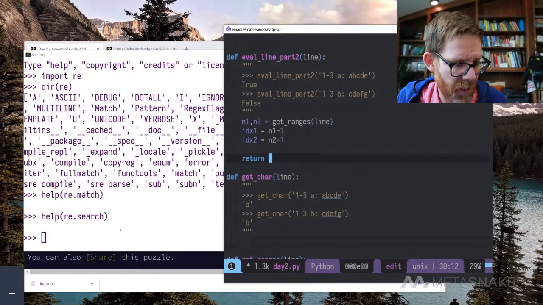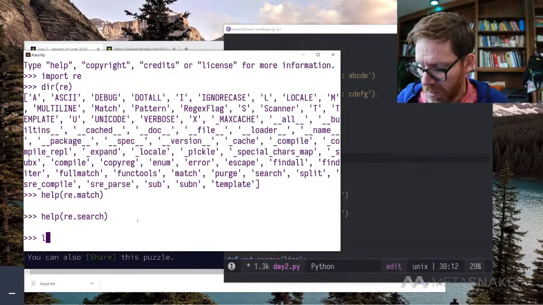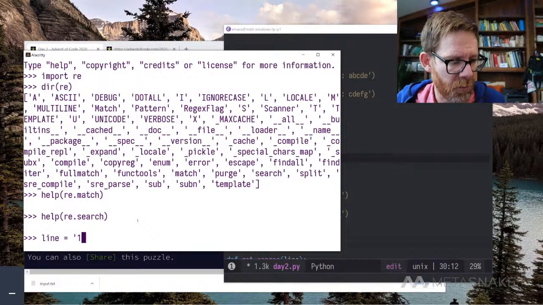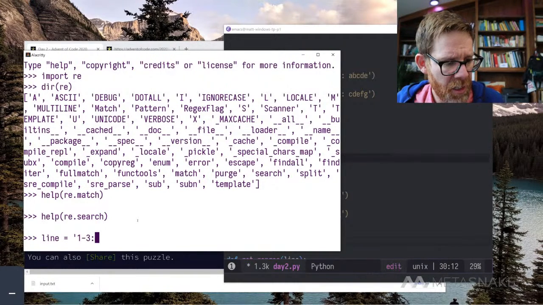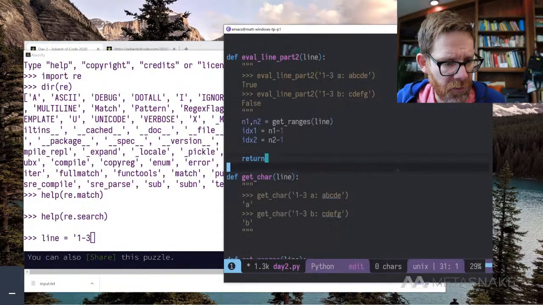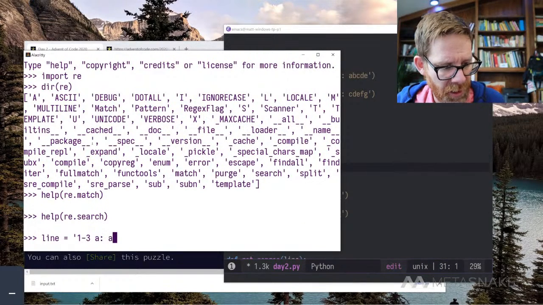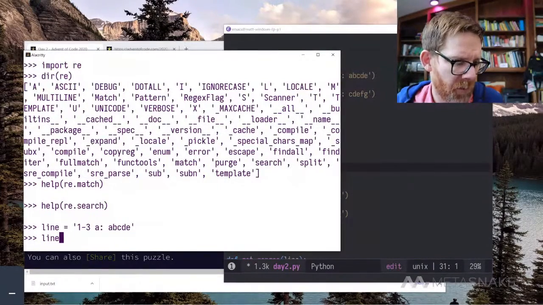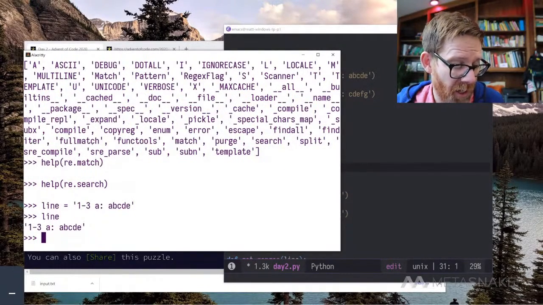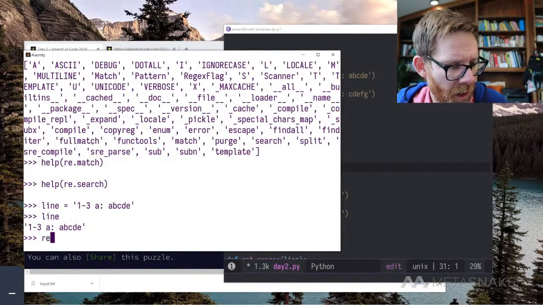So let's just try this. I'm going to say that line is equal to 1 through 3, and let's see what it looks like. A space A B C D. A colon A B C D E. Okay, so here's our line, and I want to get the A off of there, the A from the A colon. So we're going to do re.search,